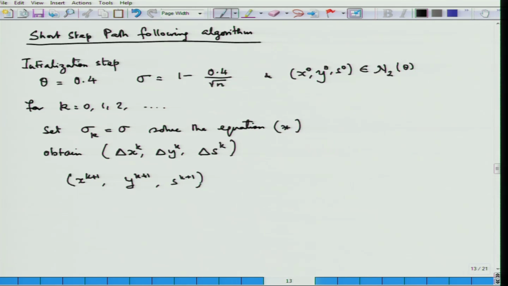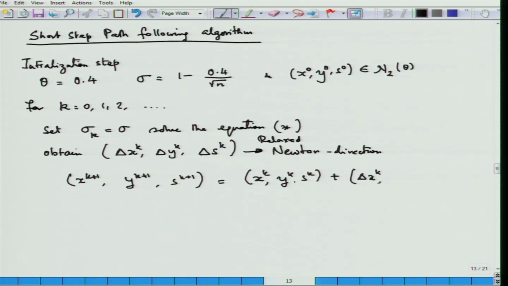Now, here what you take is a pure Newton step, you do not have here a scale which is less than 1, a scaling parameter or a control parameter which controls how much you move from the iterate x k, y k, s k in the given direction. So, along the Newton direction, this is the Newton direction, obtain this, or the relaxed Newton direction, maybe I should write relaxed Newton direction. So, you add this to,